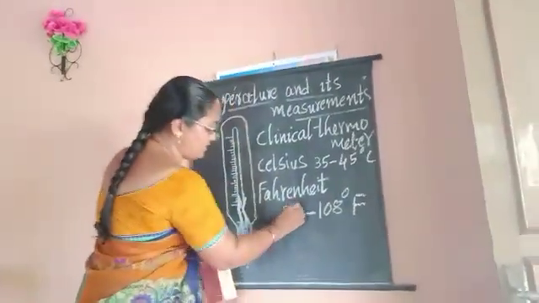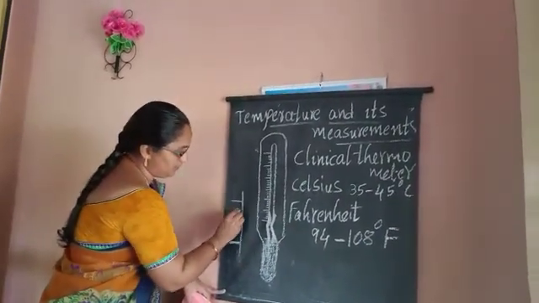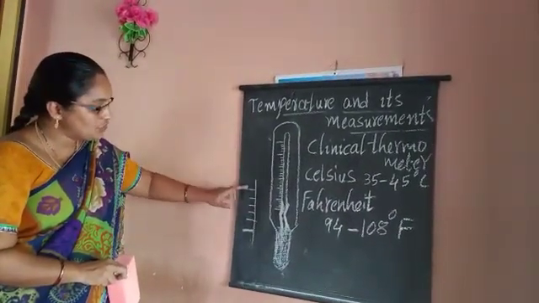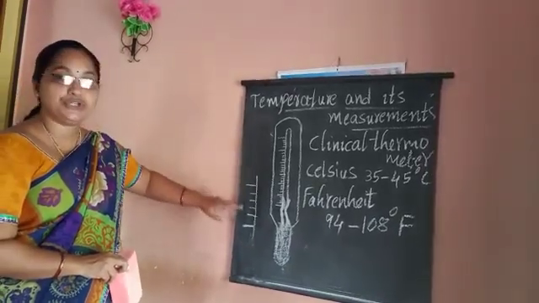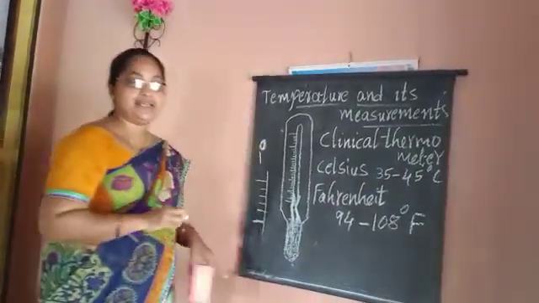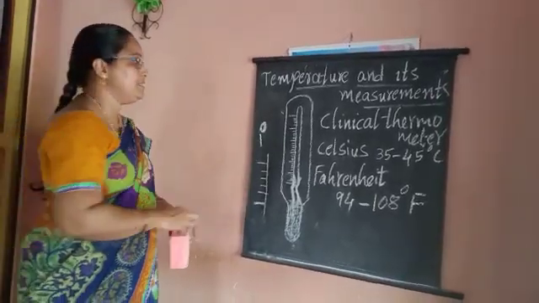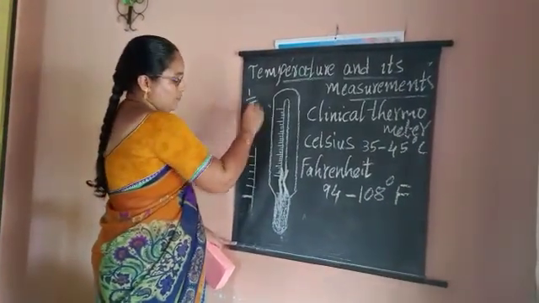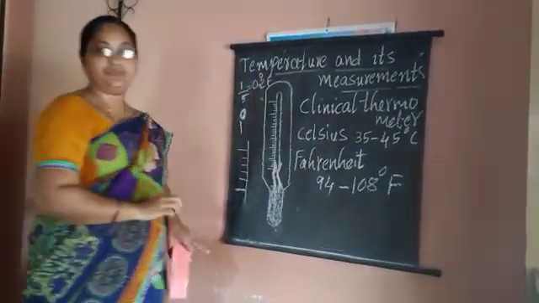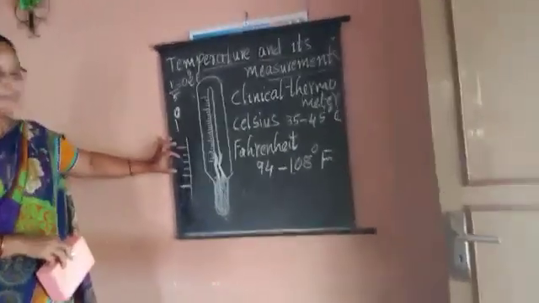If you see the Fahrenheit scale, here there are bigger markings, here there are smaller markings. Okay, like this. The difference between two consecutive bigger marks is 1 degree. If you consider it as 1 degree, it has 5 smaller divisions in between them. That means 1 by 5. One small line is equal to 0.2 degree Fahrenheit. On the Fahrenheit scale, there are the bigger markings and the smaller markings.